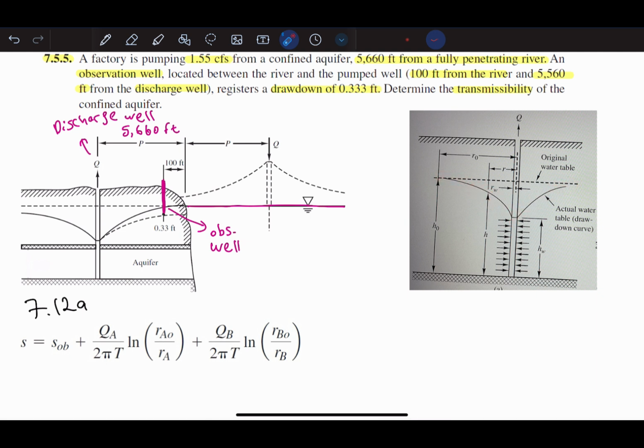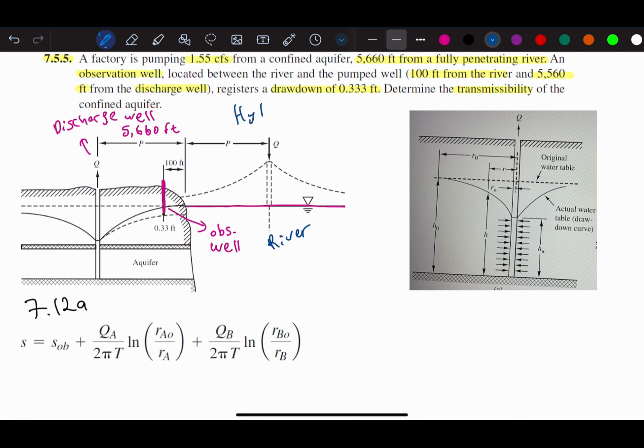However, these drawdown patterns are impacted by aquifer boundaries, such as nearby water bodies, such as lakes and rivers. So in that case, we need to use something different. Since we have a river here, this will impact the aquifer's drawdown patterns. To make these problems simpler, we need to create something called